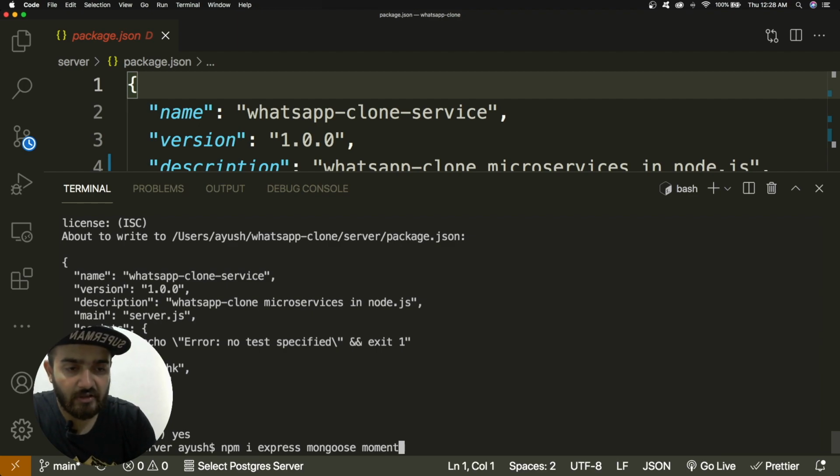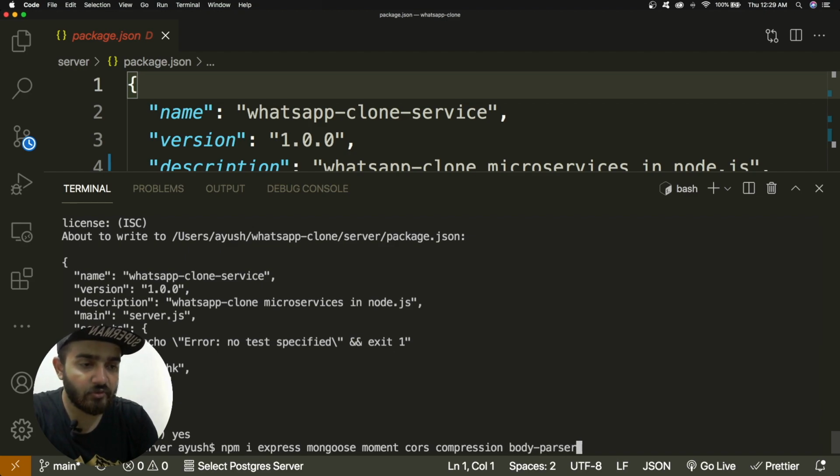Moment is there to play around with the dates and the date formats. CORS is there to enable CORS. Compression is there to compress the data so that it can move faster in the network calls. The body parser will be there so that we can parse the data that we are receiving from the client end. And the next thing can be